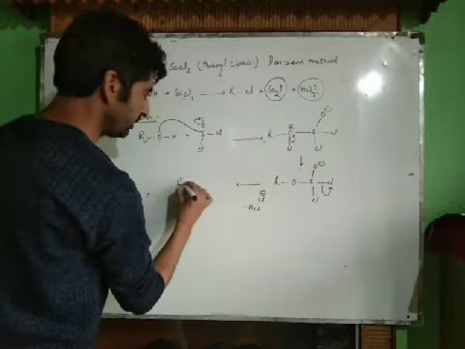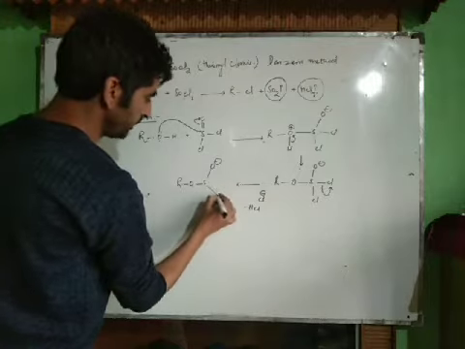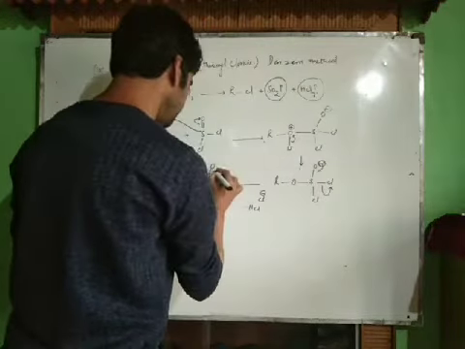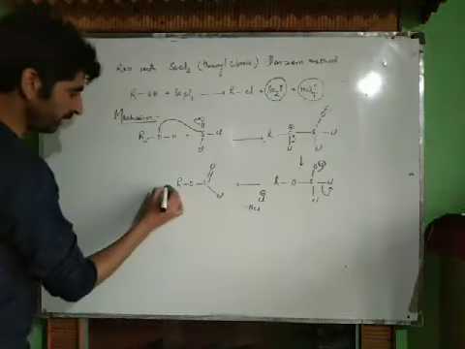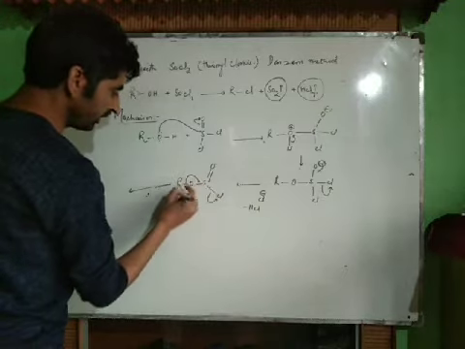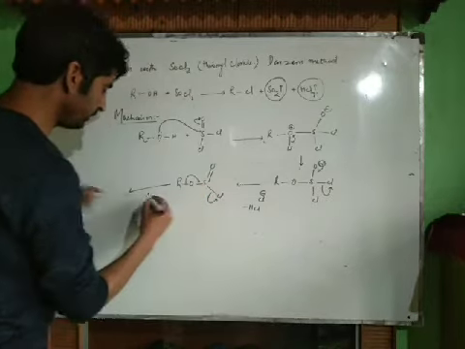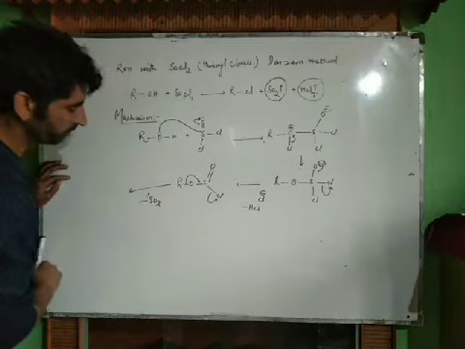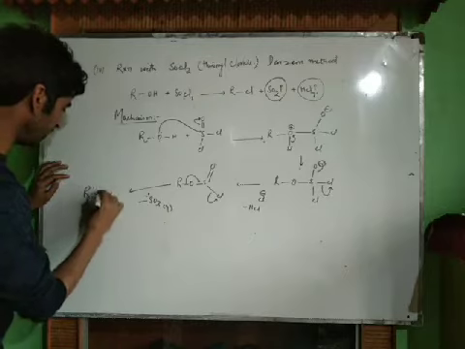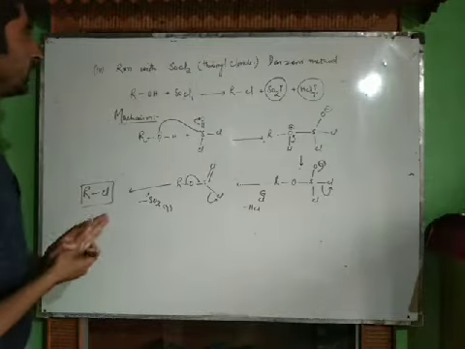Therefore, the product we get is ROS, single bond O negative and single bond Cl. Once this leaves, the negative charge comes back, so we get a double bond O. In the next step, this Cl leaves and the bond breaks towards this side. We get S double bond O, that is SO2, which is gaseous in nature, and this Cl negative attacks this carbon atom. We get RCl, our product. This is the mechanism of the reaction of alcohols with thionyl chloride.